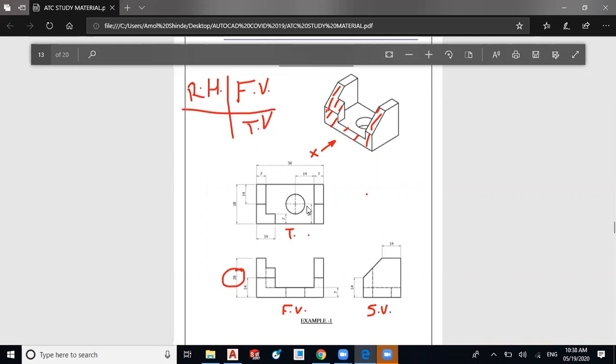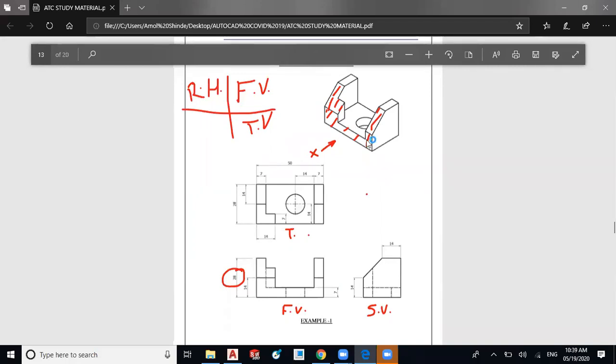It means it is not 14 mm, or where it is 7. Nothing about the radius. You have to see how to create that circle and hidden lines in the object. So we'll move further.